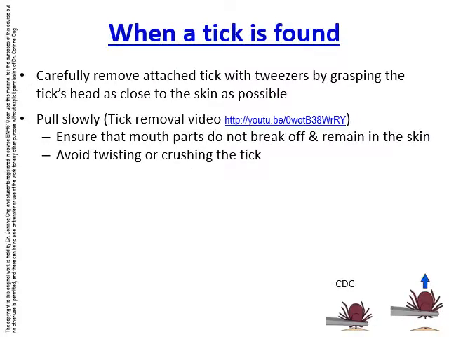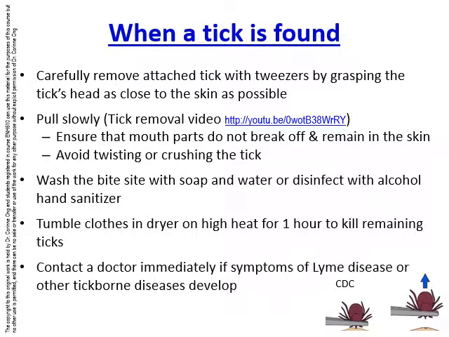If a tick is found, carefully remove the attached tick with tweezers by grasping the tick's head as close to the skin as possible. Pull slowly. Ensure that the mouth parts do not break off and remain in the skin, and avoid twisting or crushing the tick. The bite site should be washed with soap and water or disinfected with alcohol-based hand sanitizers. Tumble clothes in the dryer on high heat for an hour to kill any remaining ticks. Contact a doctor immediately if symptoms of Lyme disease or other